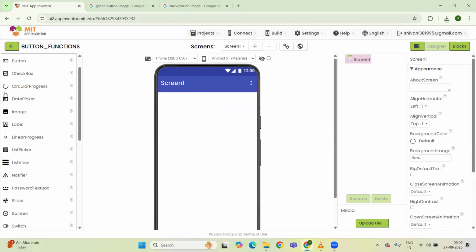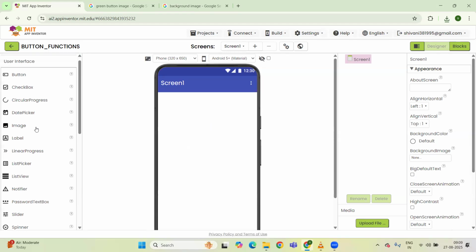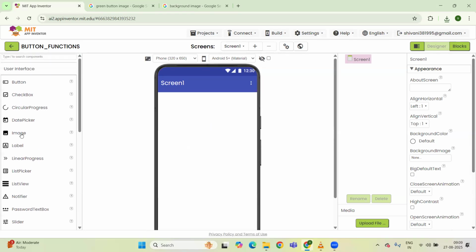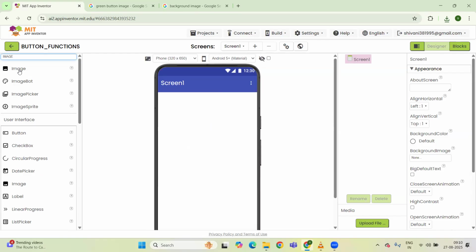So what is the process? Here you can see the left menu, the left side of the screen. We have a option, or I can say the component, that is image, or you can directly search here also like image. Okay, so it will give you on the top that particular result which you are finding. Okay, so just click on that, and after that drag this image and drop here,